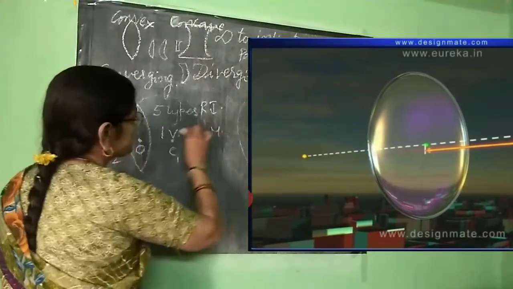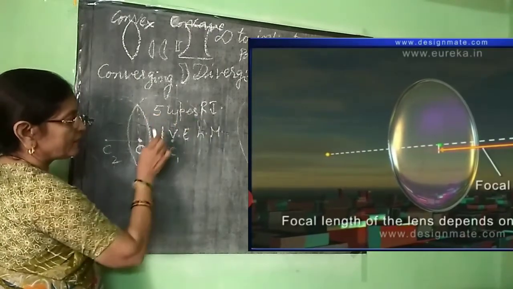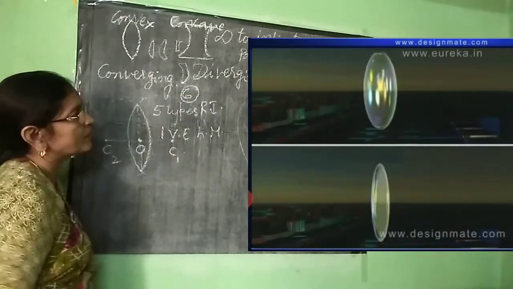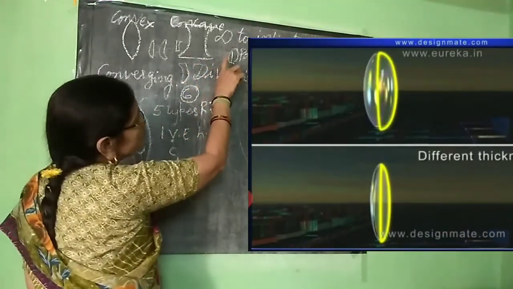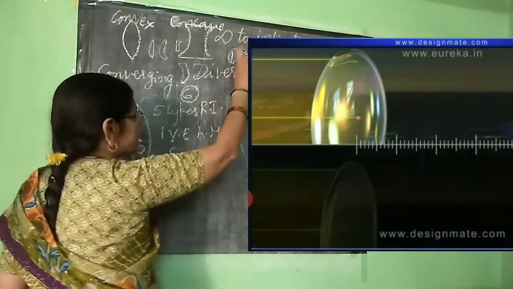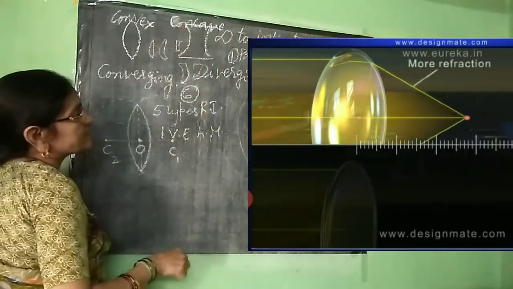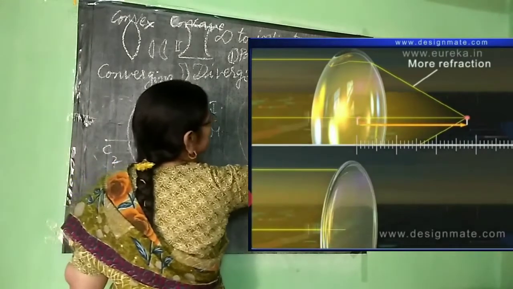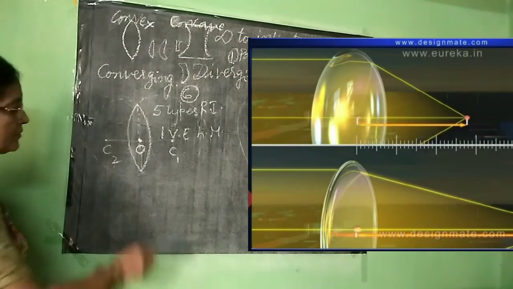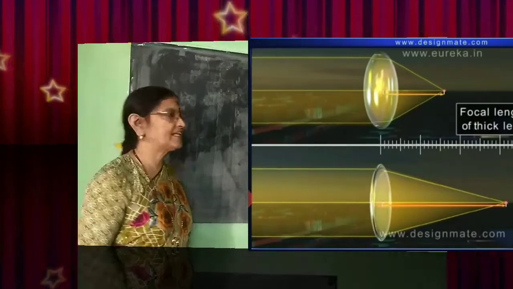Ray diagrams. This will form 5 types of ray diagrams, real inverted, and one is virtual erect. So total 6 images will be formed, whereas concave lens forms only one kind of image from infinity to infinite position. That is from long distance till nearer to the lens, only one type of image, that is virtual erect and diminished.